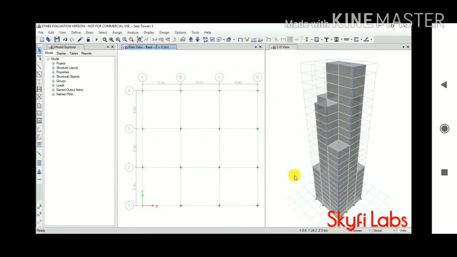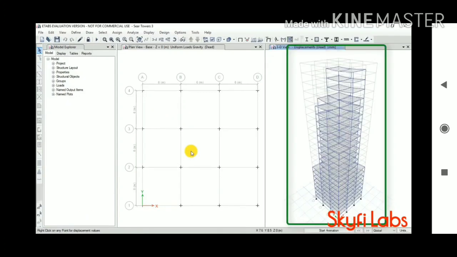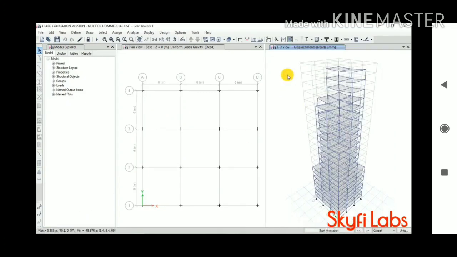Once analysis is done, the analysis results show the default 3D view tab. You can move the cursor over the slab points to show the values at different points in the 3D view tab. Check the analysis results. Select in the Display menu options like shear force, bending moments and slab stress.